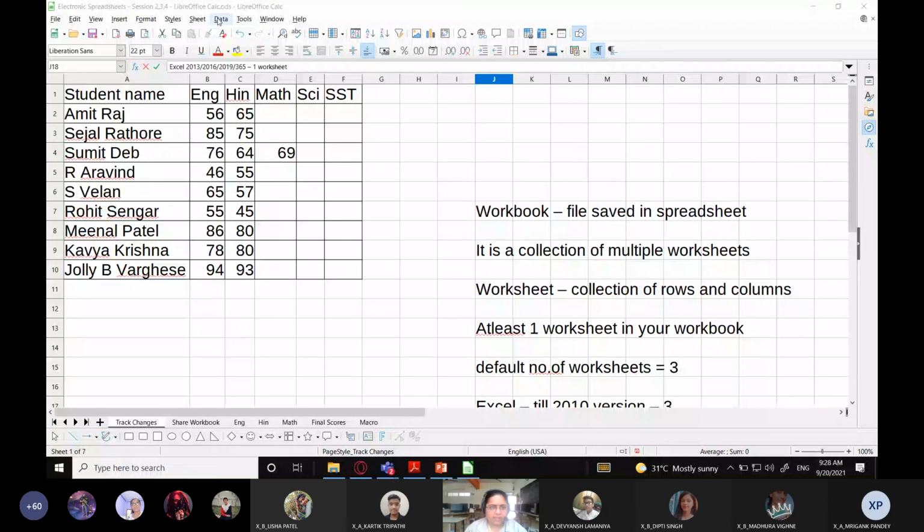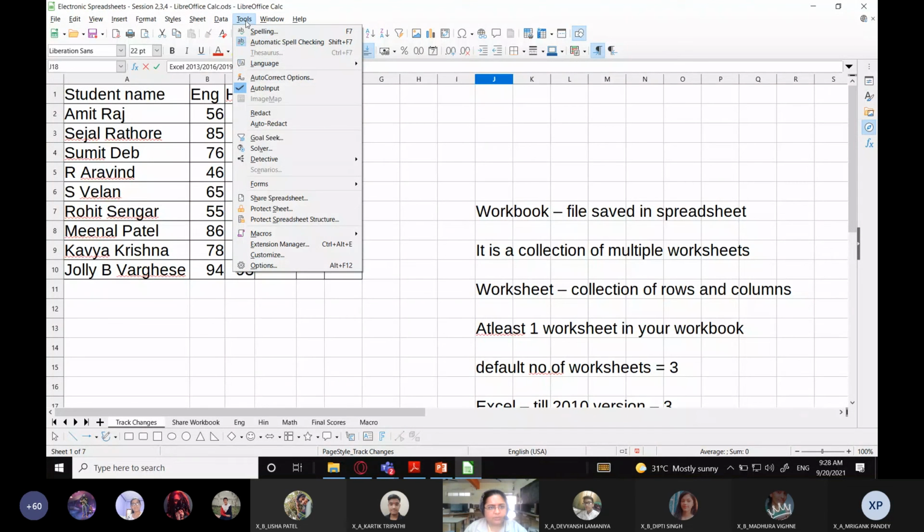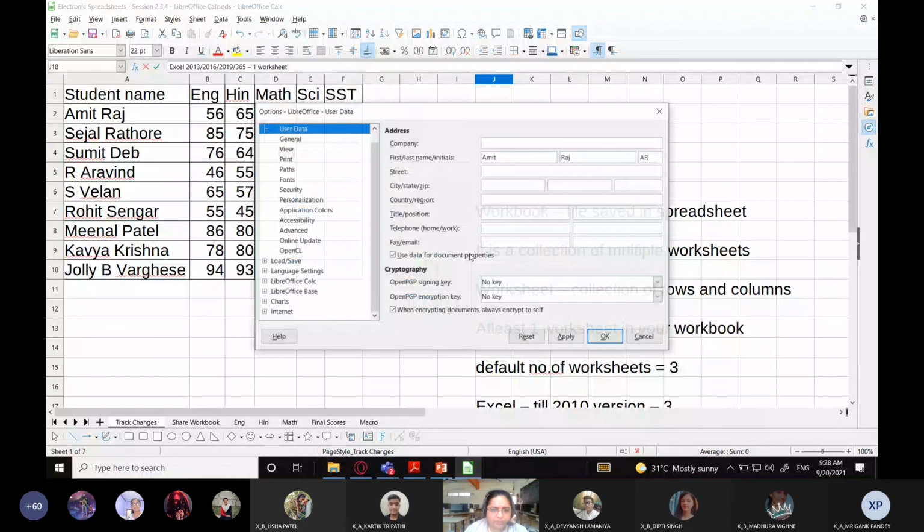All of you can see the Tools menu, and within the Tools menu, the last option, Options, you need to go to that, and here we are going to go